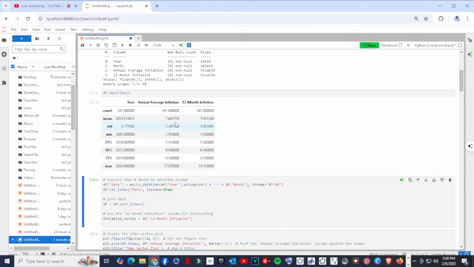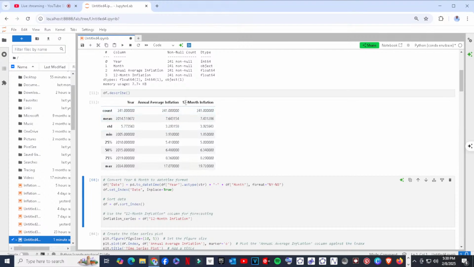These are historical values, because the data is averaged from 2005 to December 2024. The mean for annual average inflation is 7.643154, and the standard deviation is 3.293158.